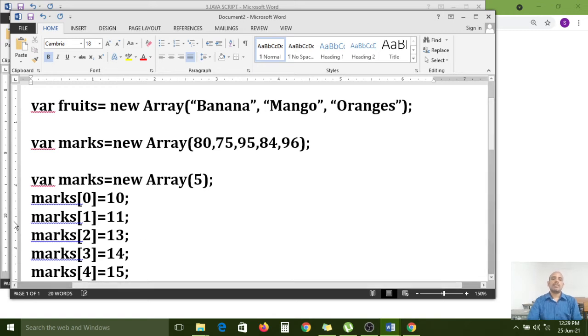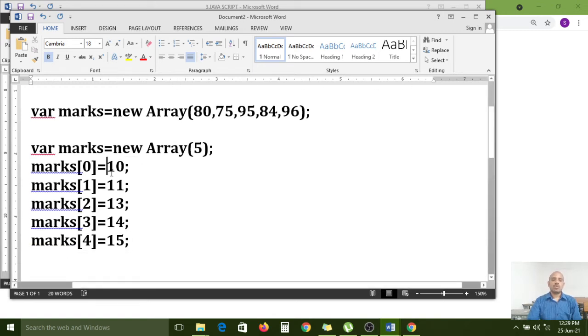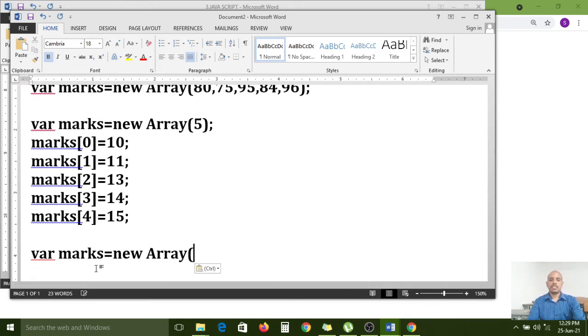So like that, 5 elements are stored by using the index. This is the index, this is the value. So finally, what value will it get? If you write the code like this, the array can store the values 10, 11, 13, 14, 15.